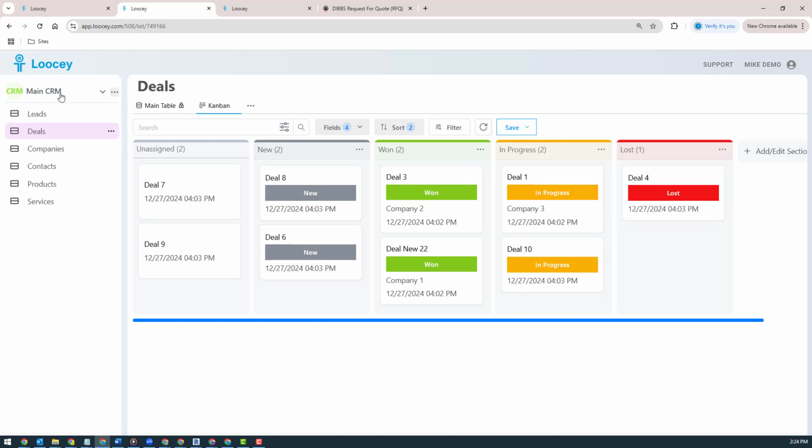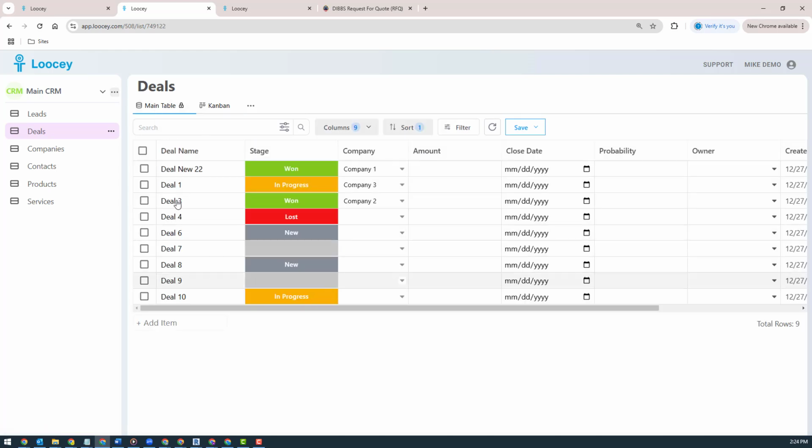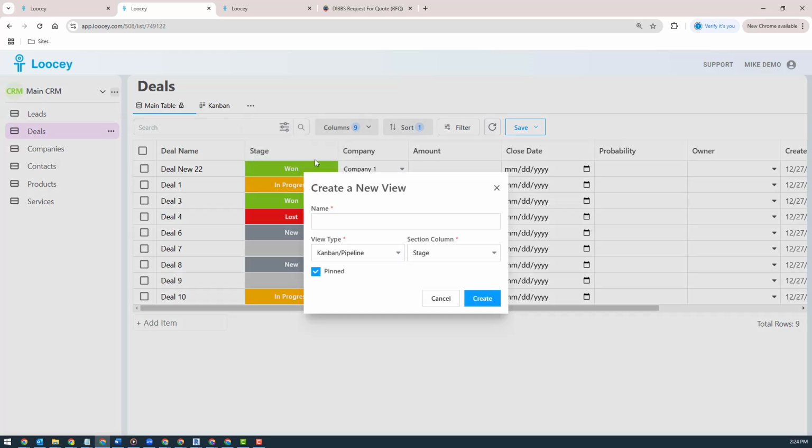Now for my GovCon clients, this works. I guess before going there, let me show you how you create this, right? By default, you have your table views, right? Now when you click on the dots here, you say add Kanban/pipeline view. It's gonna pop up this message here, or this pop-up here, give the name, and then you see